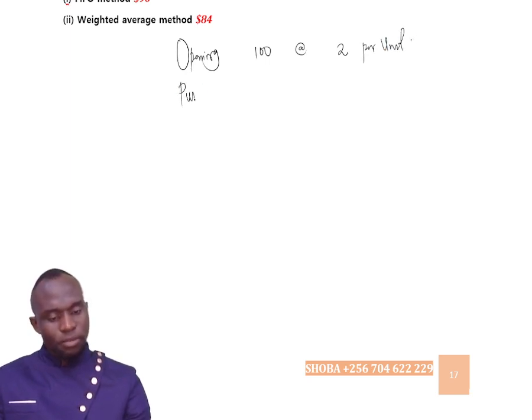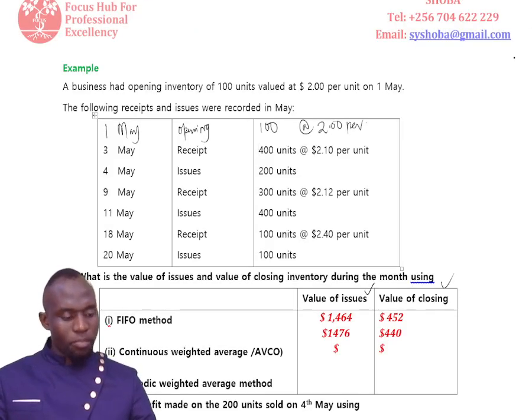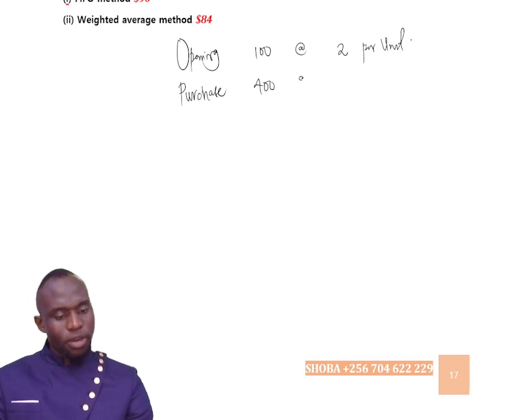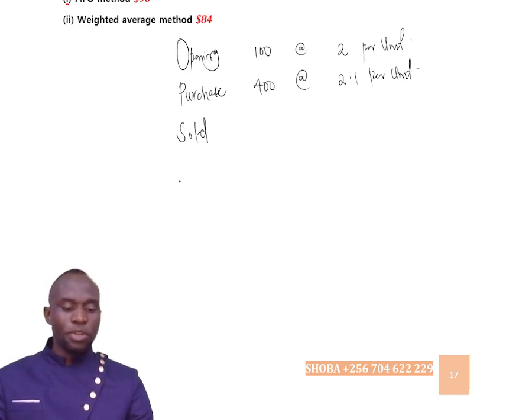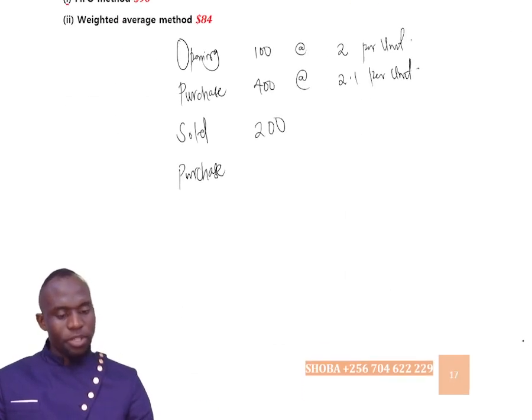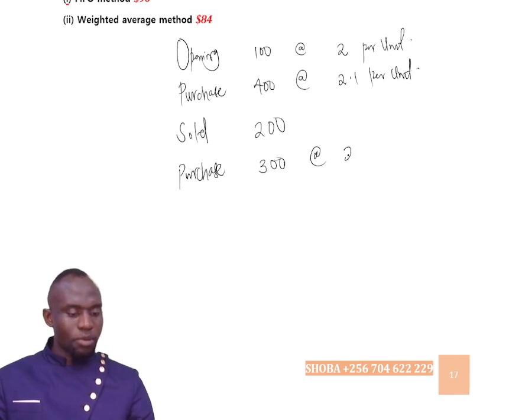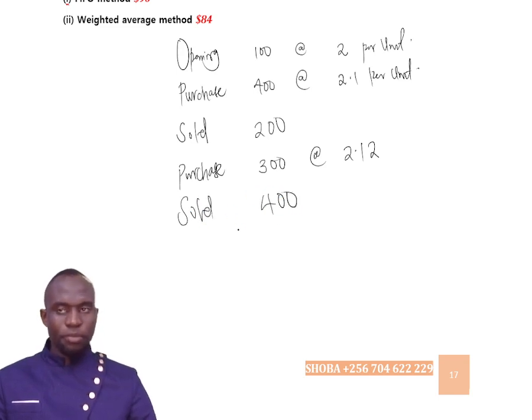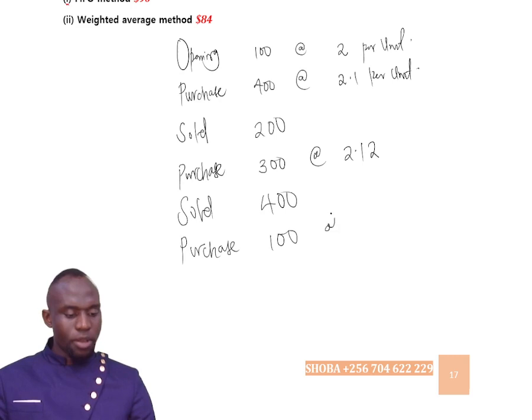Then we purchased. How many units were purchased? We bought 400 units, and these 400 units were bought at $2.1 per unit. So purchase is the same as receipt. Then next we sold out, or we issued 200 units. The next one is we made a purchase and we bought 300 units at 2.12 per unit. Then we sold out 400 units. We purchased 100 units at 2.4,